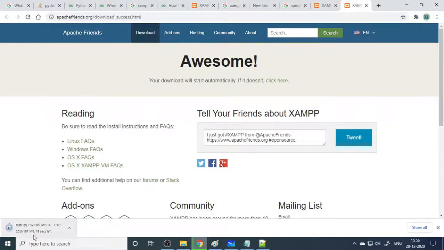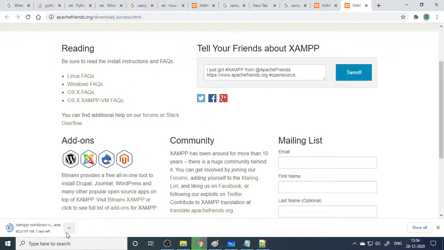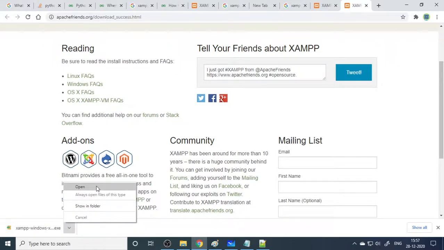It's totally 157 MB. Once it's downloaded, we can run the file to install the XAMPP server in our system. Fine, now it is done. So we can open this. Say yes.